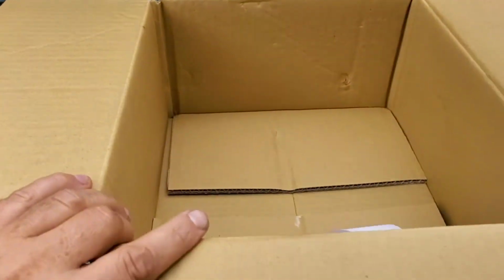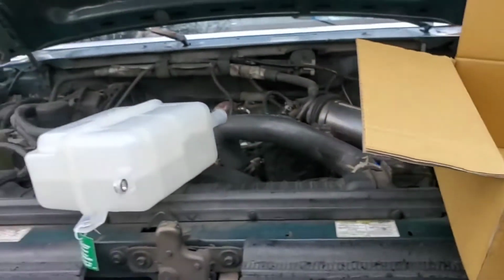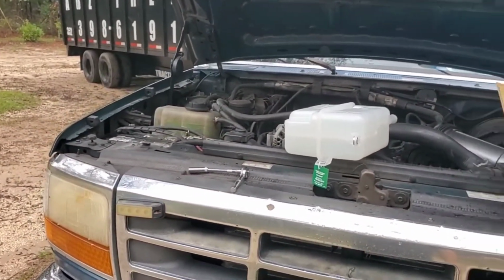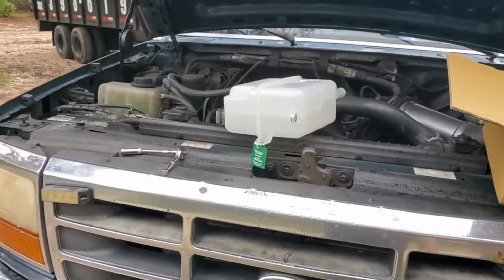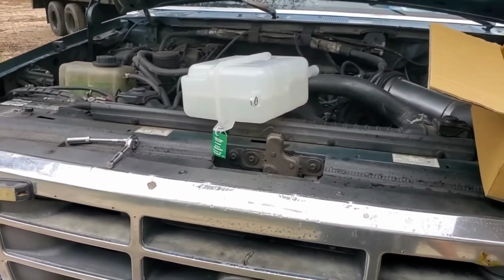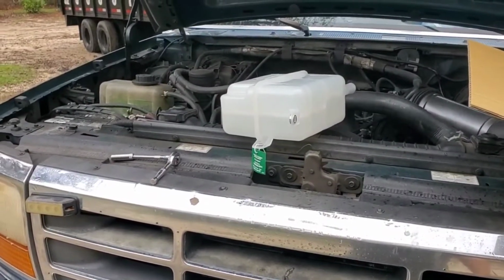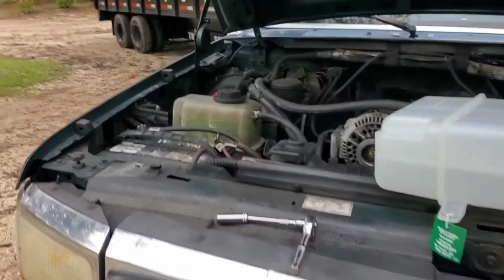Still, it's made overseas. Parts aren't coming in, so parts are stupid high. Some parts are just ridiculous. I mean, it's just highway robbery. They're pretty much slopping whatever price they want on this bullshit. And it's insane, man. It's crazy. I would have never thought,